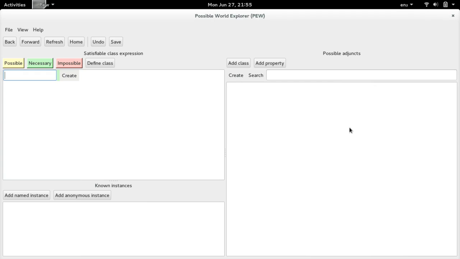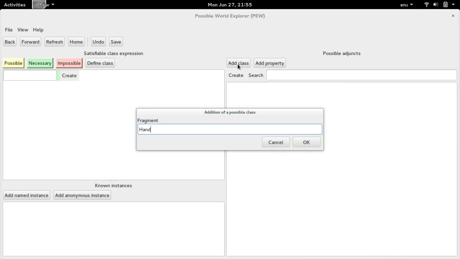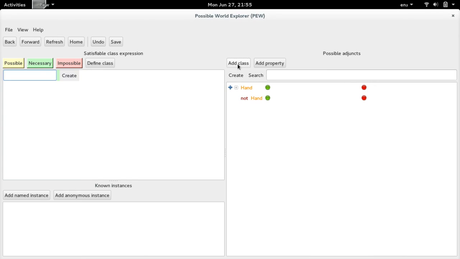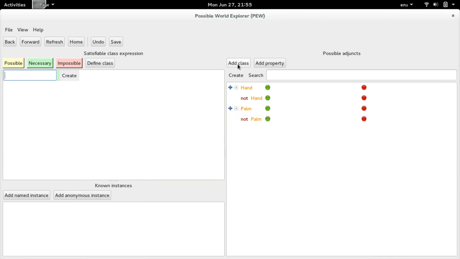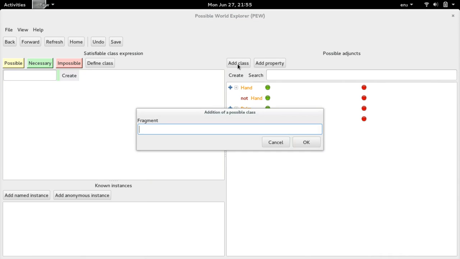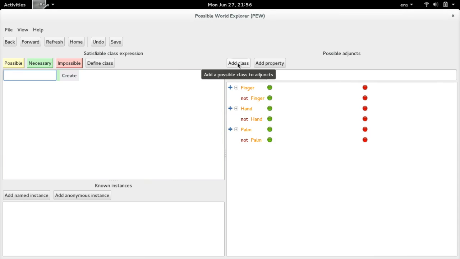Okay, so this is a demo of the Possible World Explorer for the creation of an ontology about hand anatomy. So the first step will be to create the important classes about the different components of the hand. So first a class for hands, a class for palms, which are parts of hands, a class for fingers,